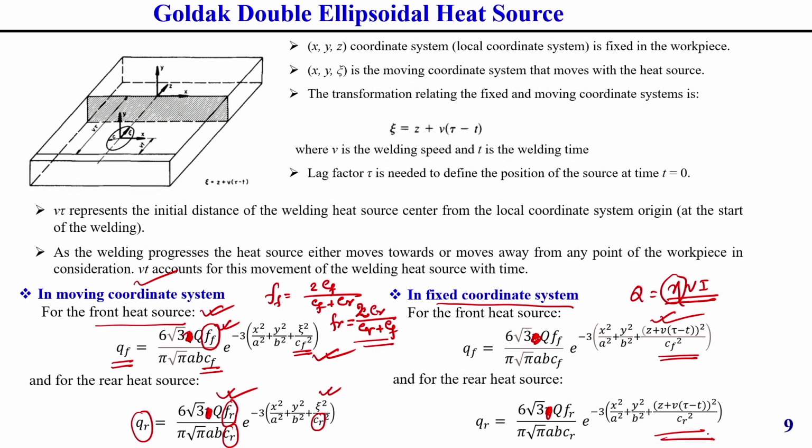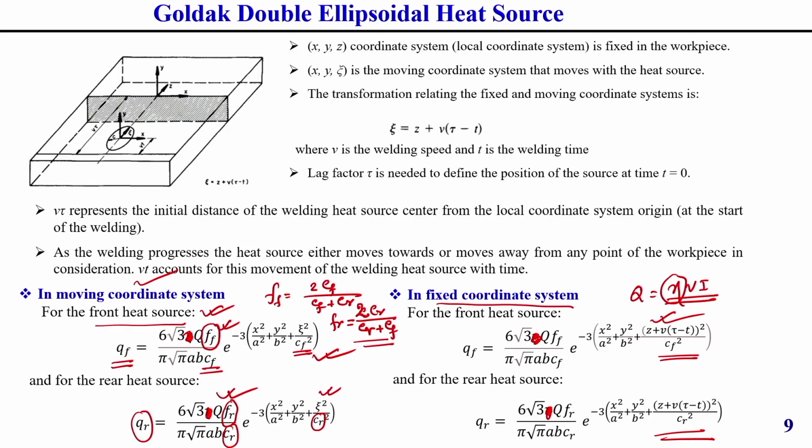So, how this equation is coming, you got the idea. This is the detailed derivation of the double ellipsoidal heat source model, which is derived by Goldak et al. That is why it is called the Goldak double ellipsoidal heat source model, because once you know the detailed derivation of this heat source model, then the rest of the things you can easily find out. So, this is called the Goldak double ellipsoidal heat source model, which has wide application in the field of welding for prediction of thermal history.